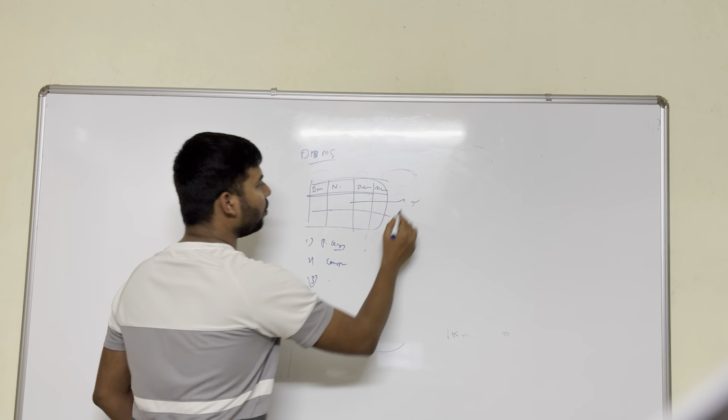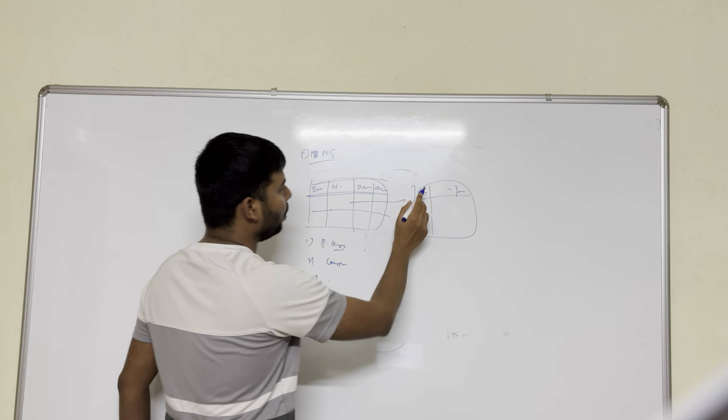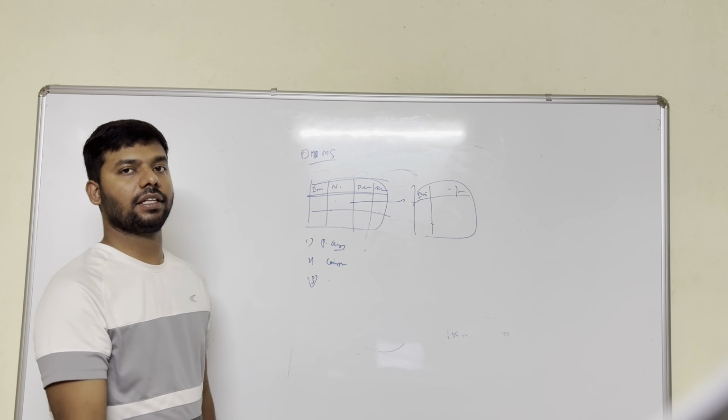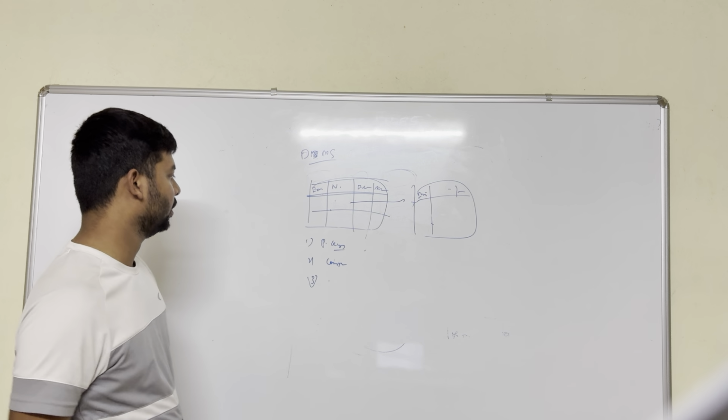Now foreign key. I have one more table with employee ID and address. The employee ID is the same in this second table and the first table. It is used to reference the other table, so employee ID is a foreign key.